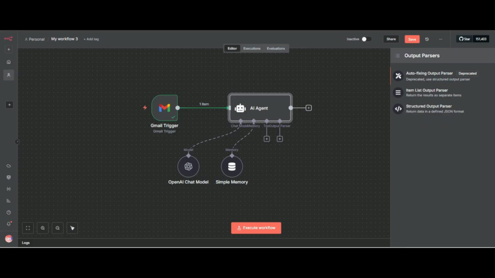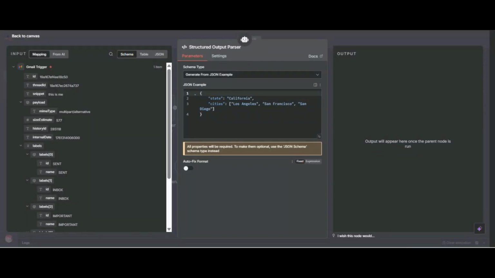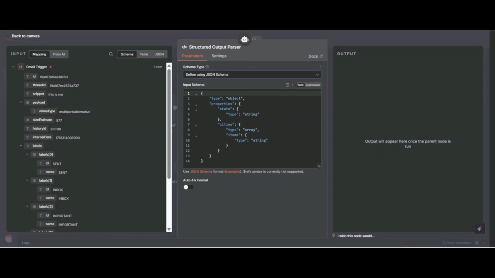If I stay without this, it will generate one response. But we must have two responses for sending the reply. Otherwise, after the AI agent node we have to add a code node, and there we have to use JSON code. I will click on it, and you can see we have to define the JSON.